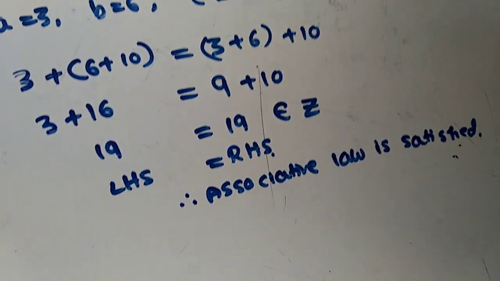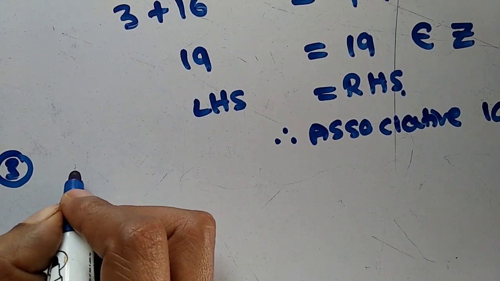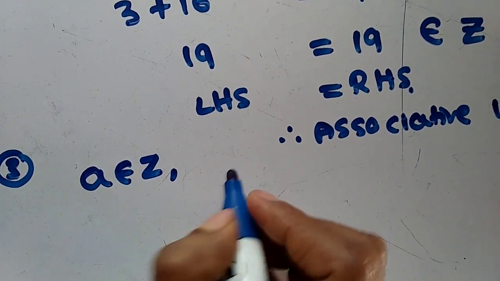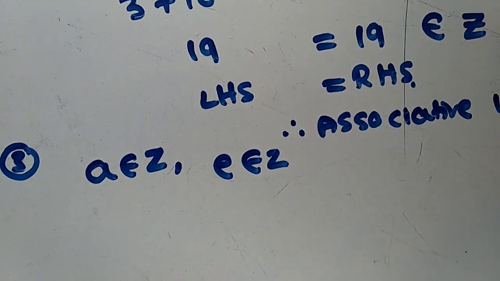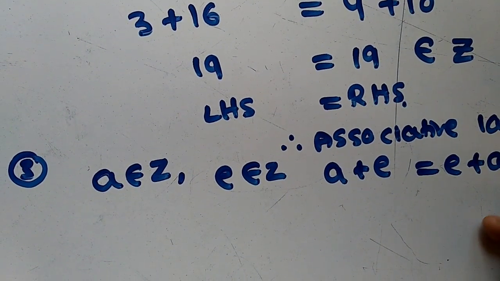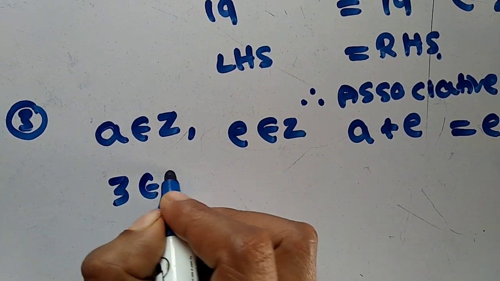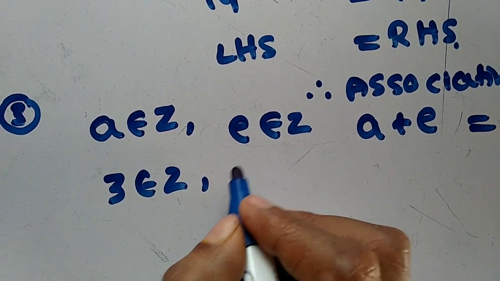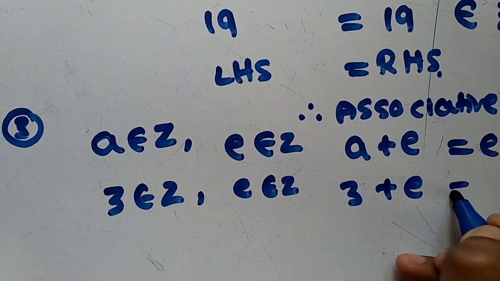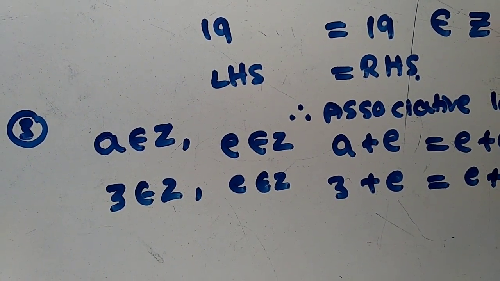So next one. Come to the next, that is nothing but the third one. That is identity. Identity means, take any number. A belongs to G, and E also belongs to Z. Then A plus E is equal to E plus A, which is equal to A, and which belongs to Z. So here my A is 3. 3 belongs to Z. I don't know the identity element, so just keep it as E, and 3 plus E, with E unknown, A is 3, and so your answer is 3, which belongs to Z.